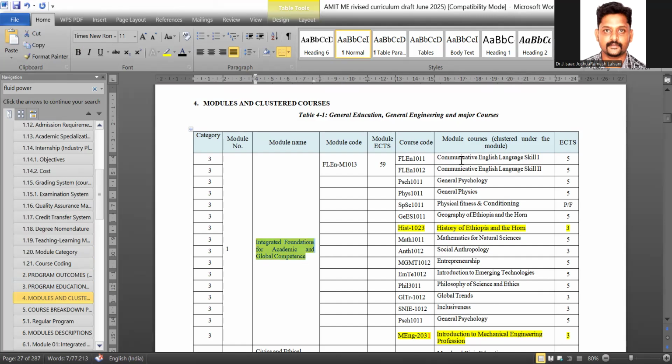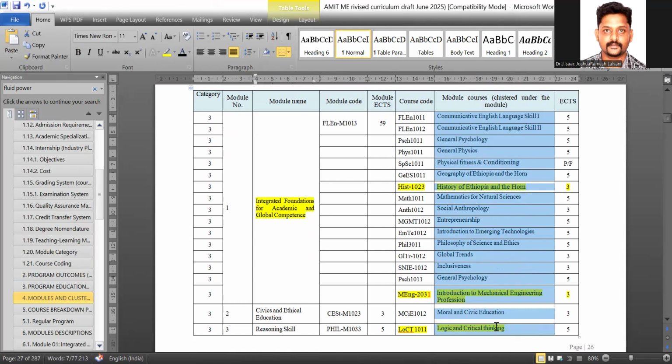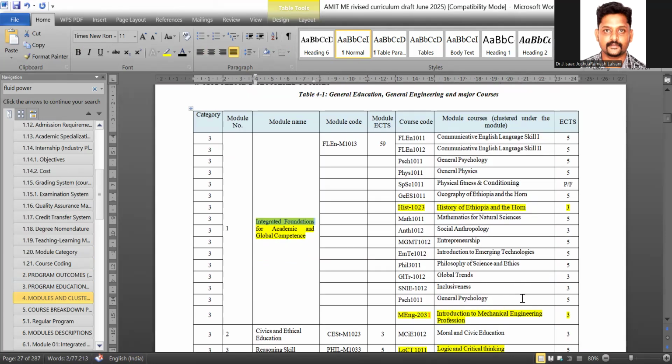Under this, all our first year courses will be coming inside. Here, MEng Introduction to Mechanical Engineering Profession is also coming inside, because it is a foundation course. And you can see we had a conflict previously. There is History three, but there is no course coding. But since we have given a disclaimer that these other courses are not coming under our course structure, we are not worrying about the course coding in the first year subjects.